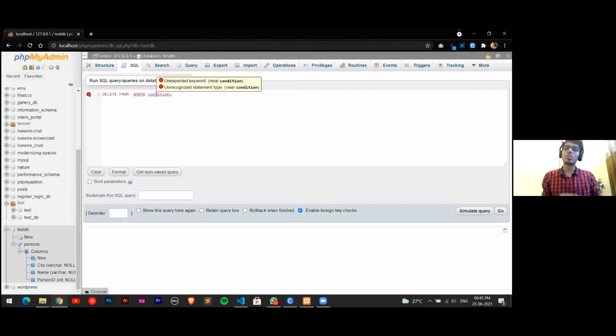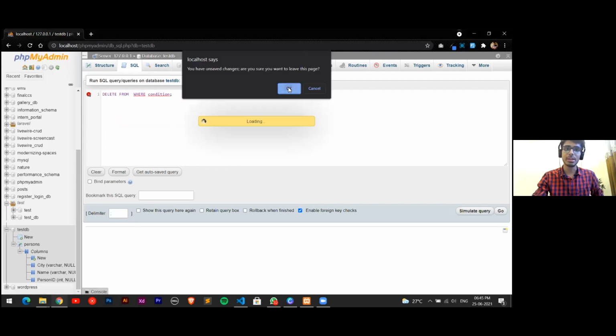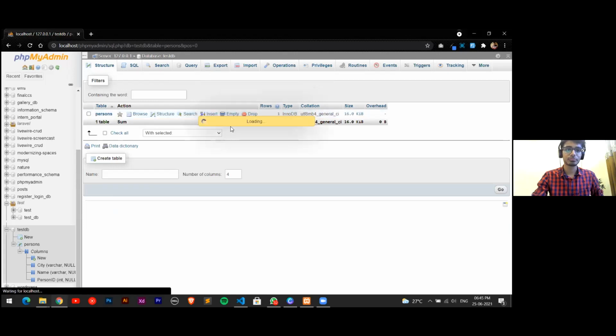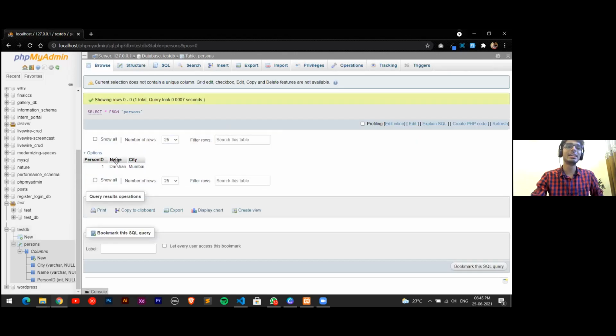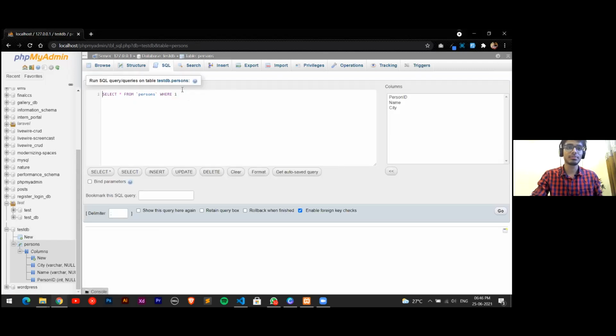Now what happens over here, we can't delete a particular column's data. If I just show you, go to the database, I can't delete just the name of this particular row. Either we can alter it or update it. So if I just want to delete this, what do you say? Delete the whole row, use the same syntax.